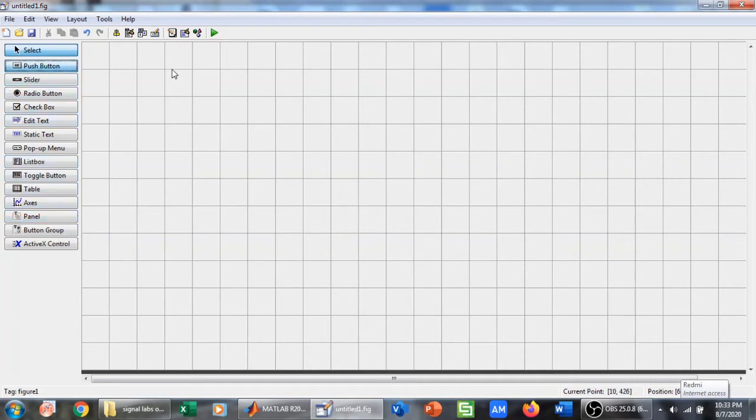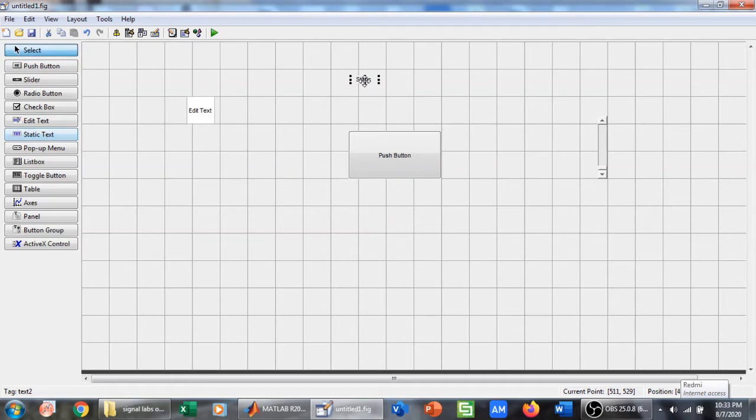For example, when I select push button, I can drag and drop it over here. And I can change its size. If I want to drag and drop a slider, I can drag and drop a slider. Similarly, if I drag and drop edit text, which means editable text, I can drag and drop it over here.